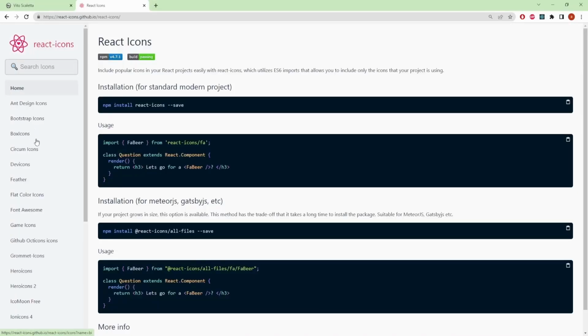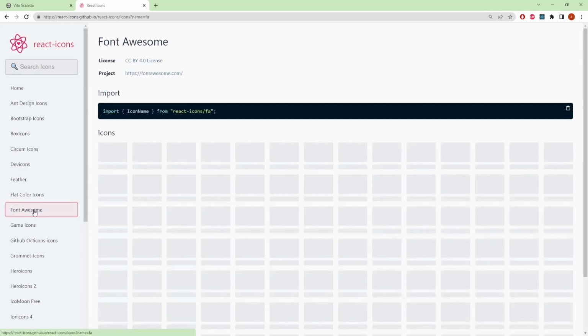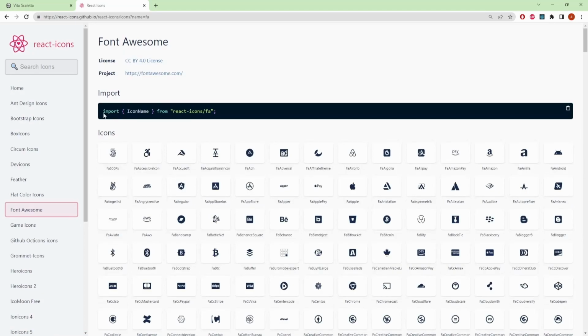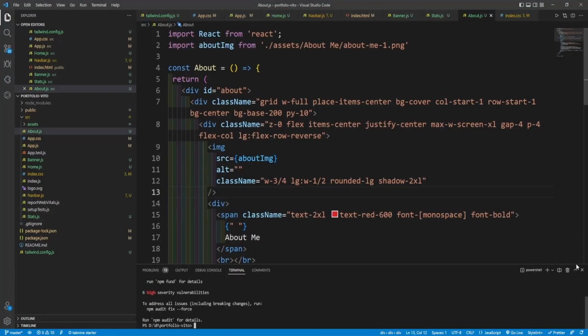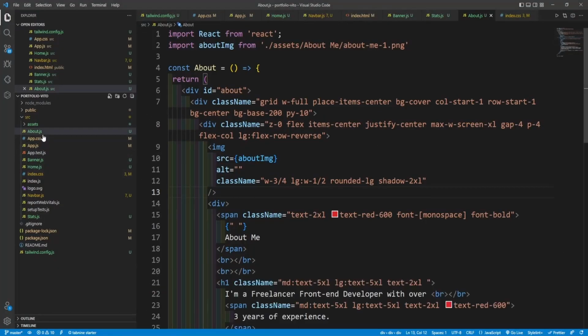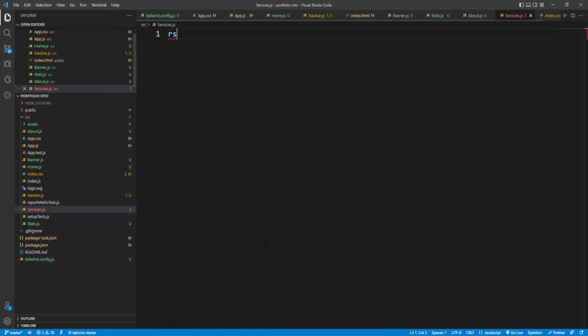Now we can use icons from React icons. So how are we going to use that? Go to Font Awesome here. You see import icon name from React FA. So copy this thing. And now we need to make three files. Source, services.js, RSC,